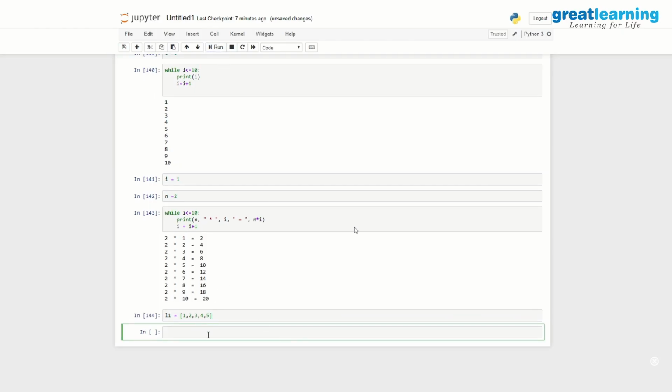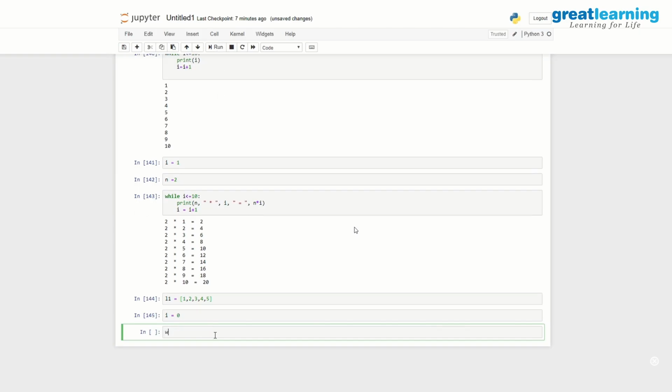So I've got these values ready over here. Now that this is done, let me start my while loop. I will type in while, and I'll also have to give in the i value over here. I'll set i to be equal to 0. So while i is less than length